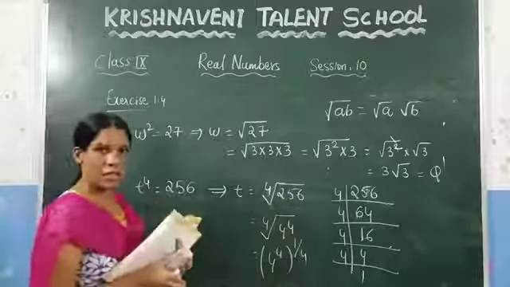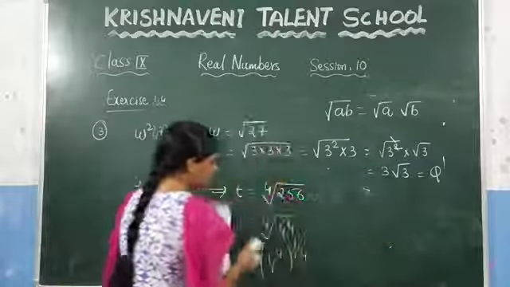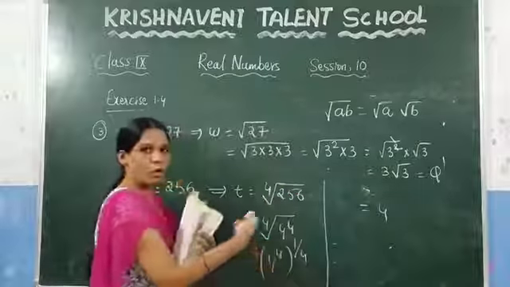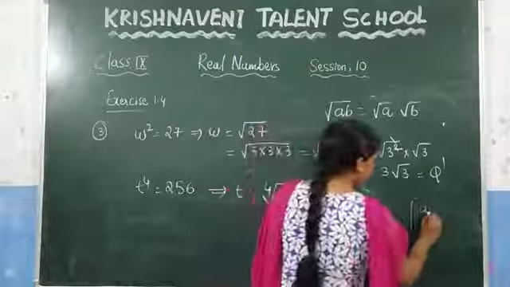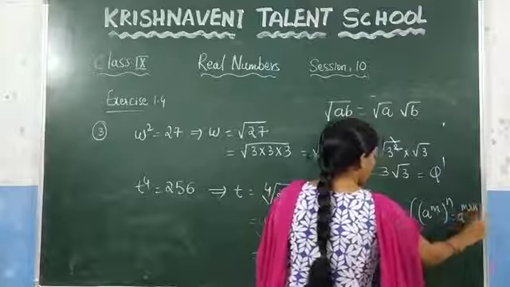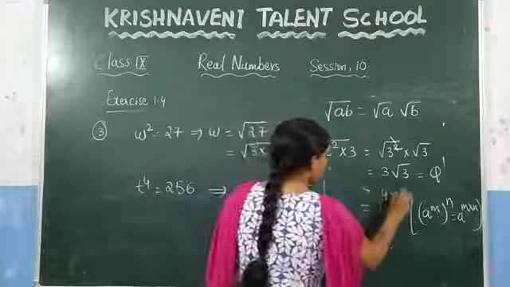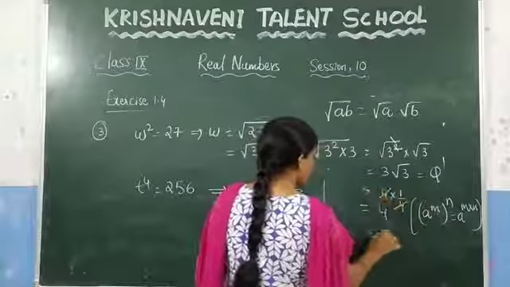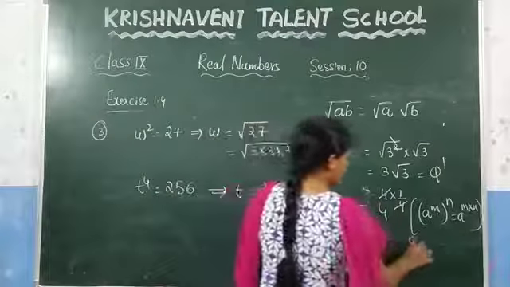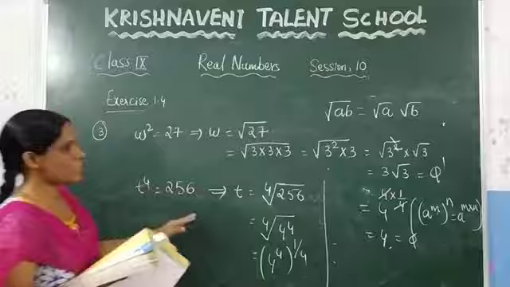We already discussed this in the earlier class. How do you write this? It is in the form of a power m, whole power n. You can write this as a power m into n. Similarly, this one you can write as 4 power 4 into 1 by 4. This 4 will get cancelled. You will get 4 power 1, which is nothing but 4. And you know that it is a rational number.